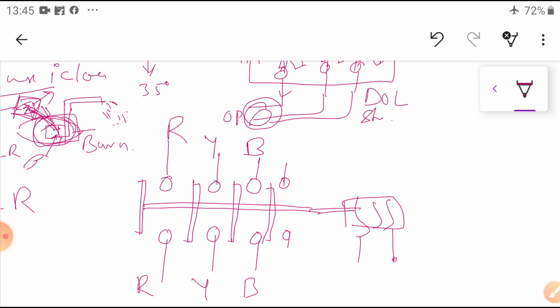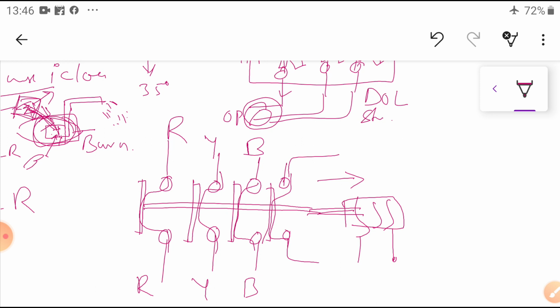It is an electromagnetic coil, so this is a plunger mechanism. If it is excited, it will pull in this direction. If it is pulled in this direction, what will happen? Whatever current flows through this one, this one, and this one, the connection is taken outside. Okay, this is the mechanism.